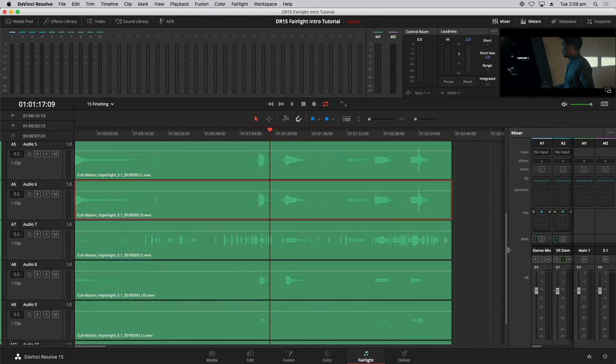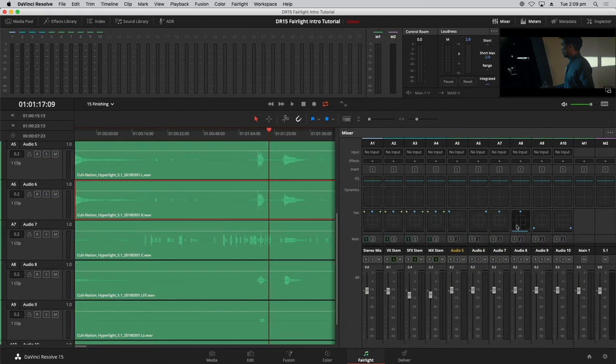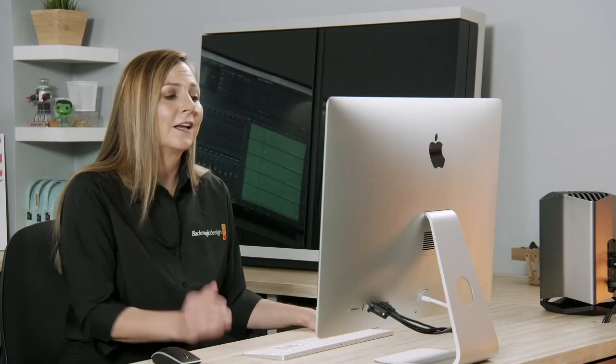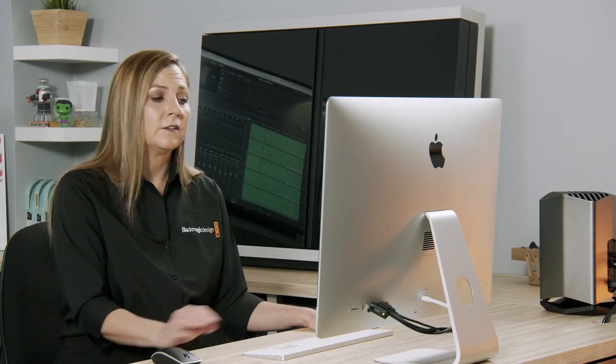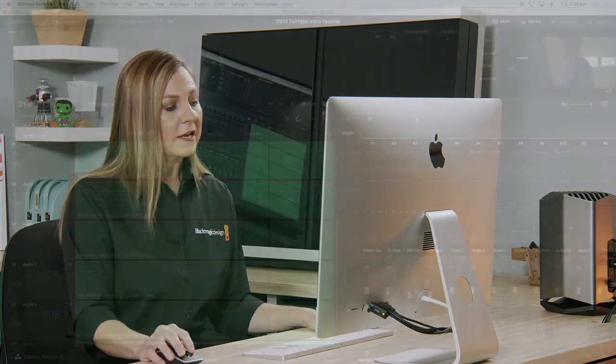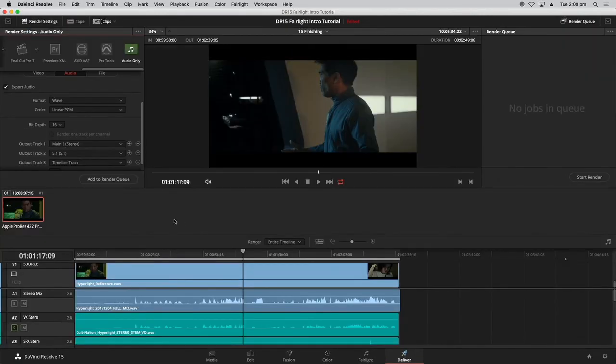And if I come over here to the timeline, to the mixer, you're going to see that all of that panning is still there. So every single channel is still panned exactly where it needed to be. So whether it's linked or unlinked, I'm still set up for my output. And now when I go back to the deliver page, it will give me an option for outputting my timeline tracks. I can choose mono timeline tracks, just say plus, and it's going to give me the option of, depending on what type of track I want, I can actually choose the individual tracks to select, which is very nice. So you always have a choice to output whatever you need, like I said,